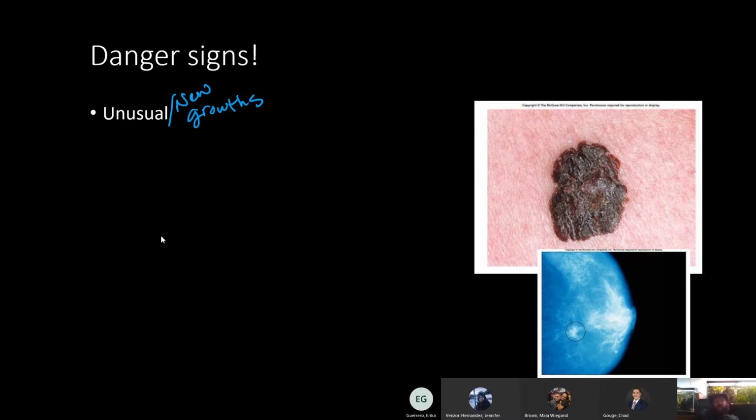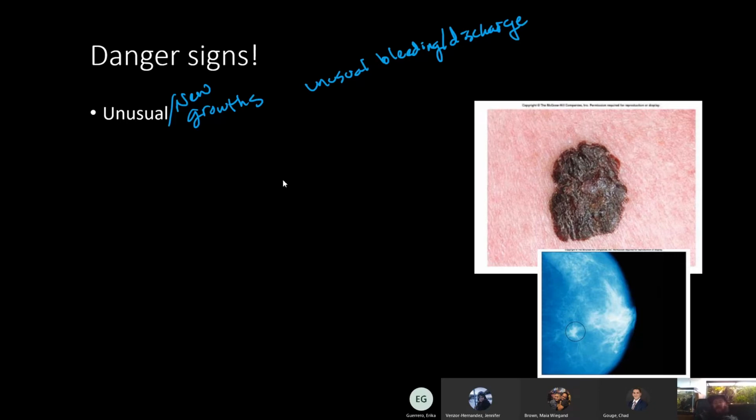Unusual bleeding or discharge. Right? My friend's dad, who recently passed away of pancreatic cancer, discovered his pancreatic cancer because he started vomiting blood, and there was no clear reason for him to have done that. So unusual new growths, unusual bleeding or discharge,